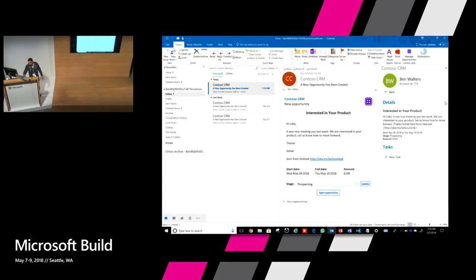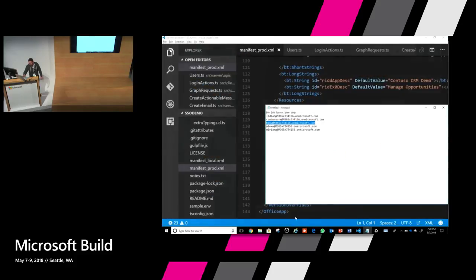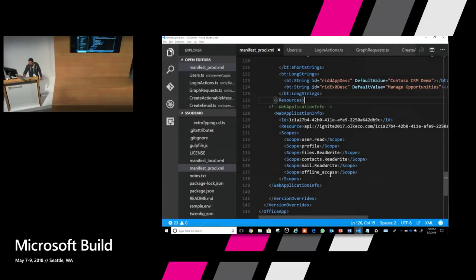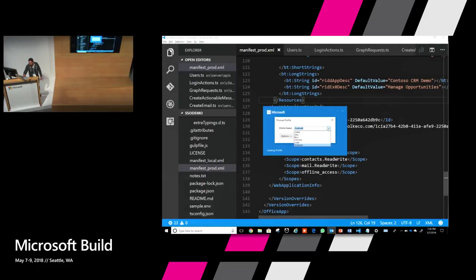And then last but not least, just another really quick demo on delegate access. This is a very frequently asked feature from our partners. Today, when you have add-ins, they only work on your own mailbox.